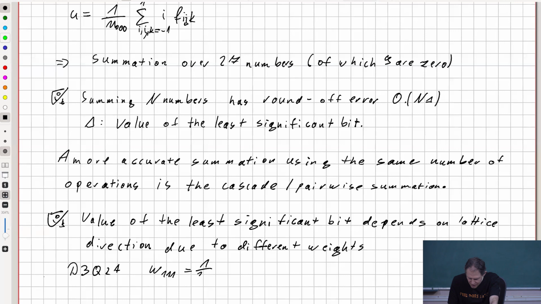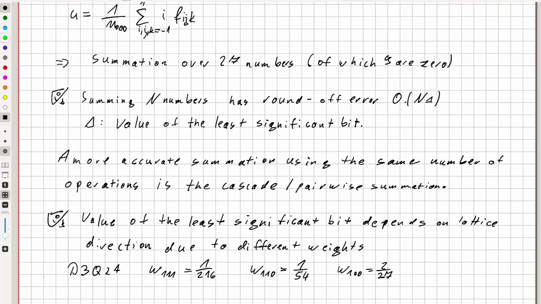The weight of this direction is 1/216. W110 is 1/54. W100 is 2/27. So actually there's significant difference, and W000 is 8/27,